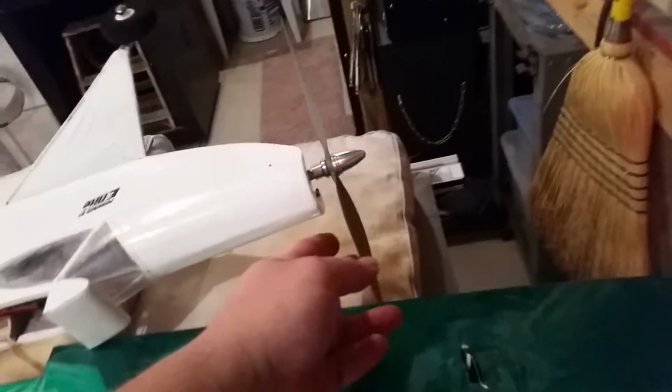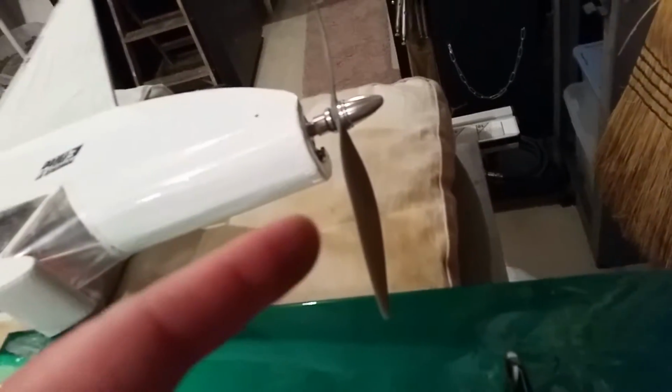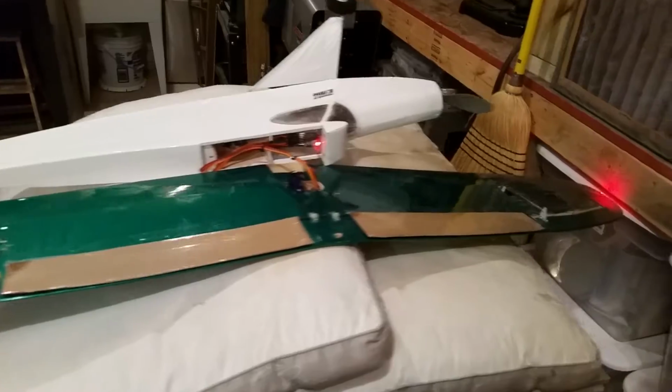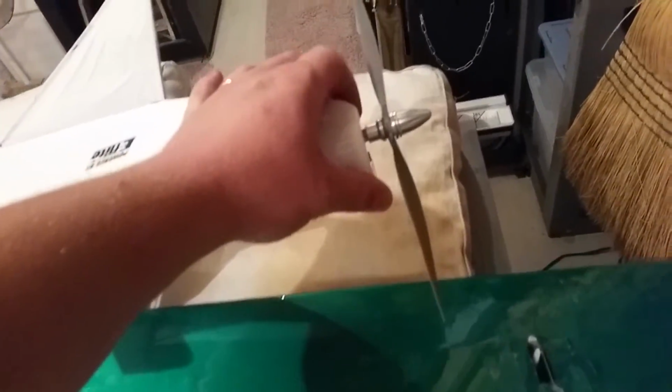And real quick, wanted to show this to you. I've got a 10.45 slow flight prop on there. Really good, lots of torque. The 10.7 was just too much speed. It was flying like a maniac all the time. And I still have some vibration, which is really annoying. Not sure if maybe my